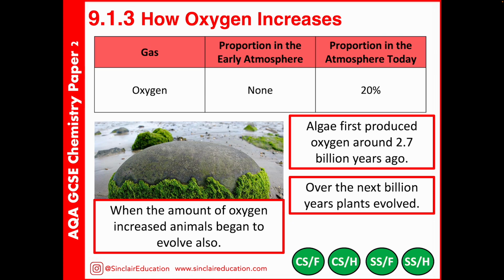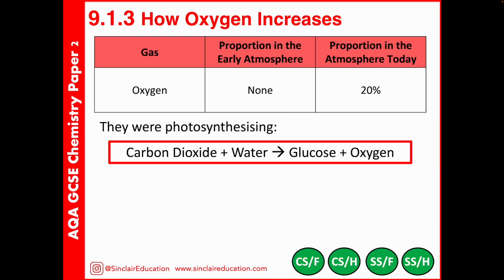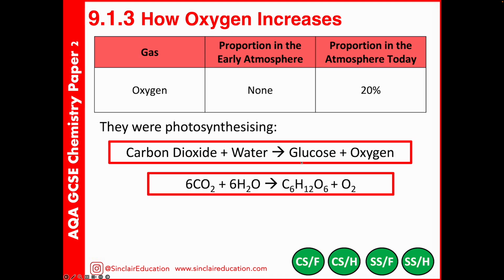The other thing that's important to note here is that this is explaining why oxygen's going up, but with this reaction, we're producing that glucose. The carbon was ending up locked in biomass, which we'll look at in a bit more detail in a moment. So for now, although it's a biology equation, be aware, even for your chemistry, that in photosynthesis, it's carbon dioxide and water making glucose and oxygen.